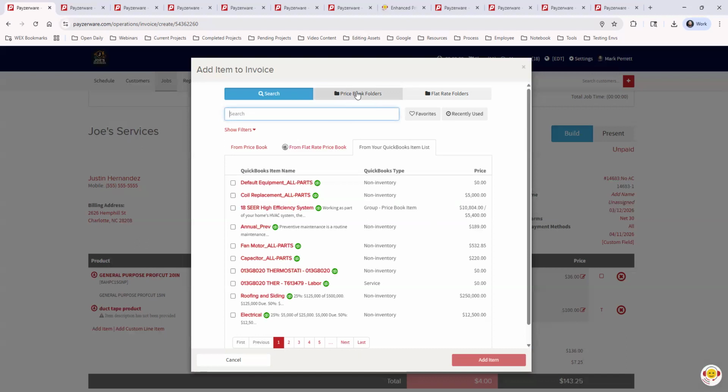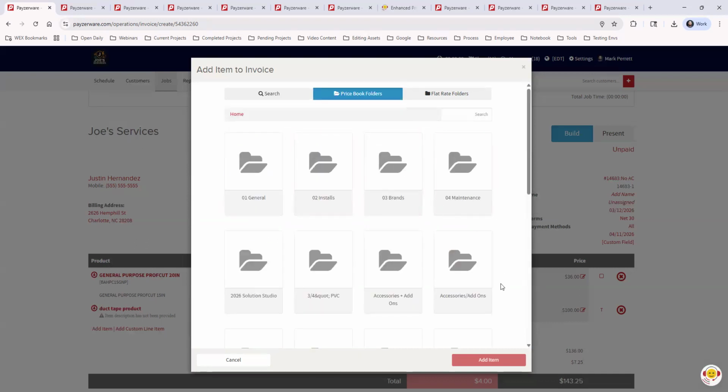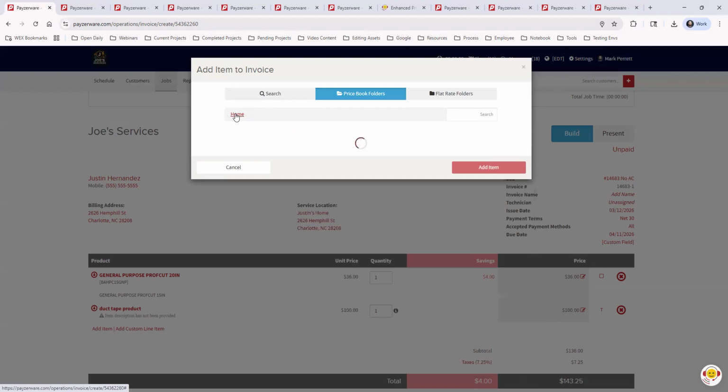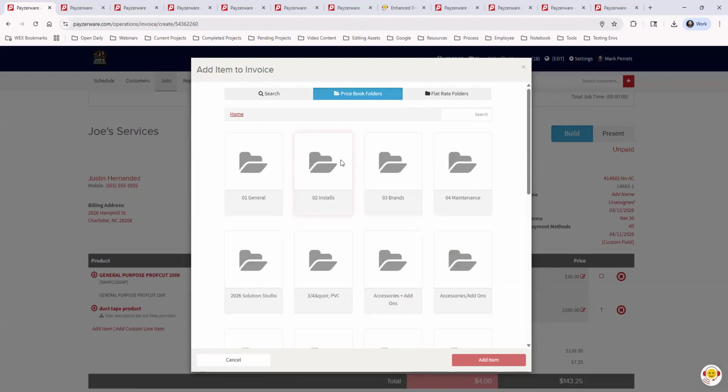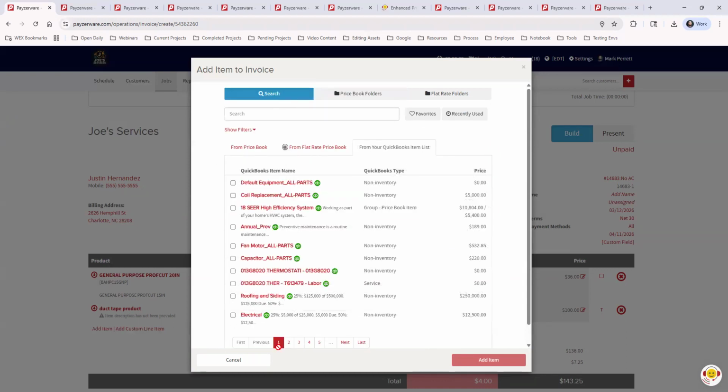So that is then a benefit of the WEX FSM price book: you have the ability to have more control. You can organize things into folders. Let's say that after a while, you think, I really do wish that I had folders, and I would like to start using the WEX FSM integrated price book and phase out using my QuickBooks item list. When you are building items, let's go to